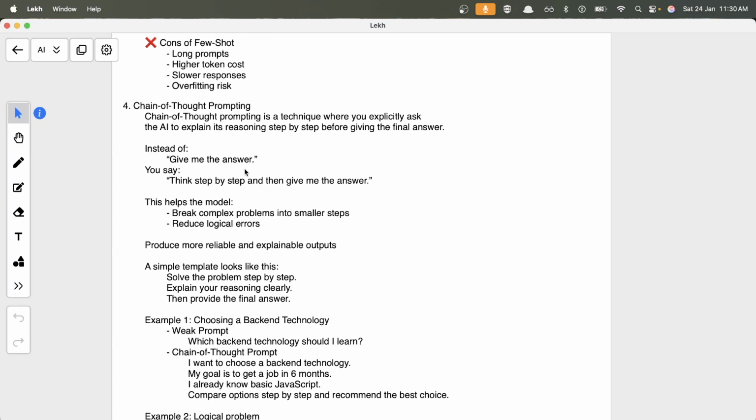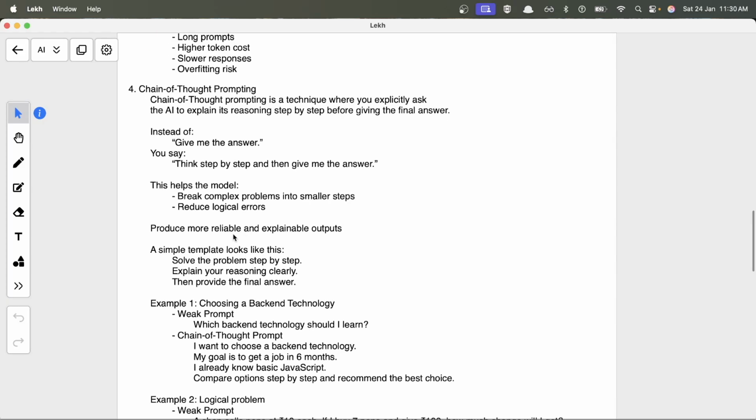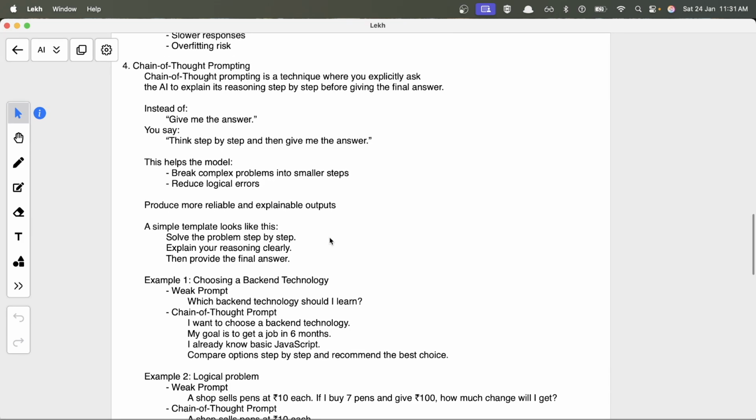Here the model divides the complex problem into smaller steps, and on each step it provides you the explanation, and it reduces the logical errors, because instead of directly giving you the answer for a big complex task, it divides the task into small tasks. It goes through all those tasks step by step, provides you an explanation on every step, and then gives you the final answer. So there is less chance of logical errors here. The outputs are more reliable and explainable,